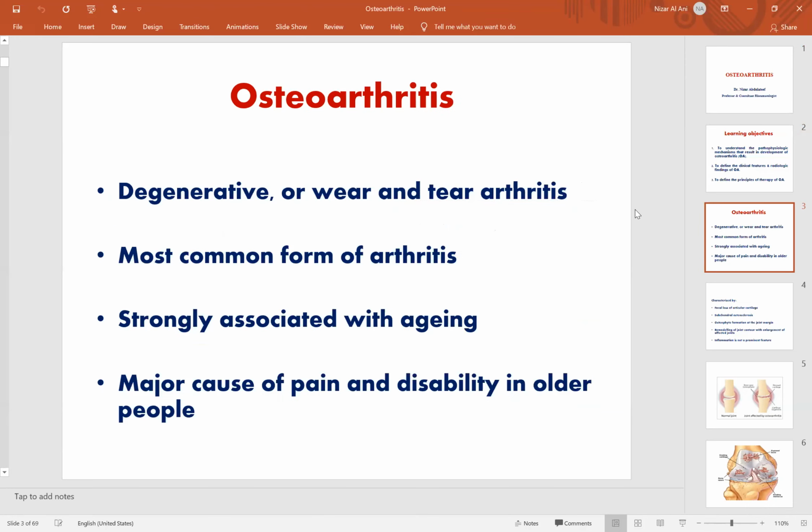First, we should define osteoarthritis. It is a degenerative or wear and tear arthritis. It is the most common form of arthritis worldwide. It's strongly associated with aging. It represents the major cause of pain and disability in older people,